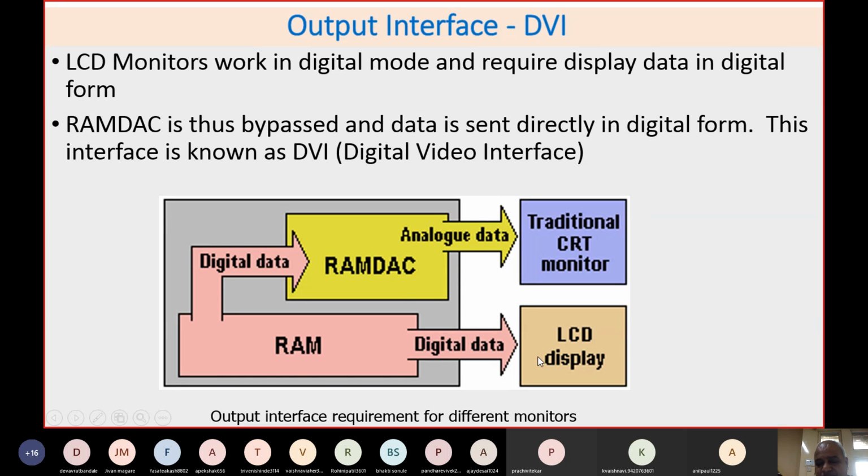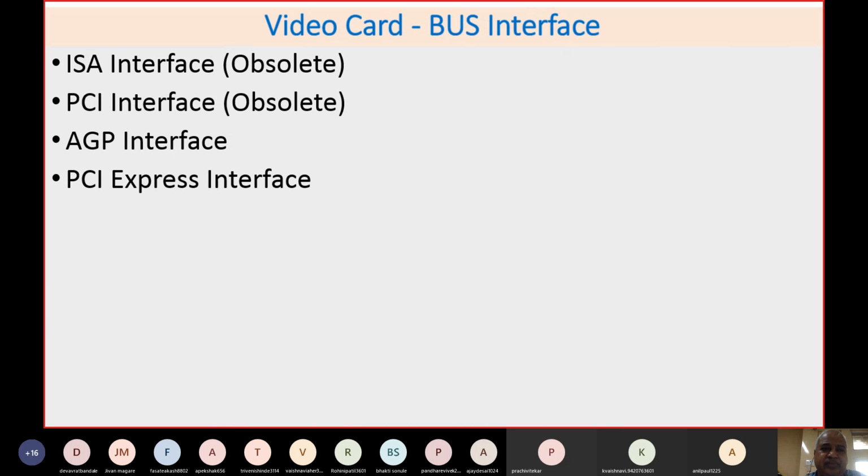So there is no conversion. Whatever image is created in the RAM is directly given to the display device of the TV. So there will be very fast data transmission with no conversion, and at the same time the quality of the picture will be very high and the data transmission will be very large. Ultimately, it will support a very large resolution, some 4K or 8K resolution.